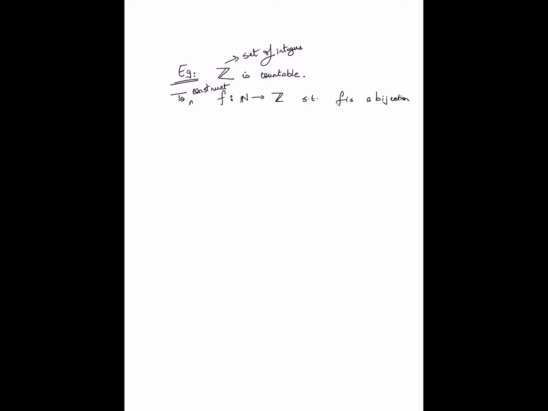Okay, so how do I go about doing this? Well, I'm just going to draw a table. It's not going to be an infinite table, but you'll see how I do this. So this is n, and this is f of n. How do I define this function? Well, for every element of the natural numbers, I need to tell you what the image is, what value is taken by the function. So for 1, for 2, for 3, for 4, for 5, and so on, I need to tell you what f of n is.